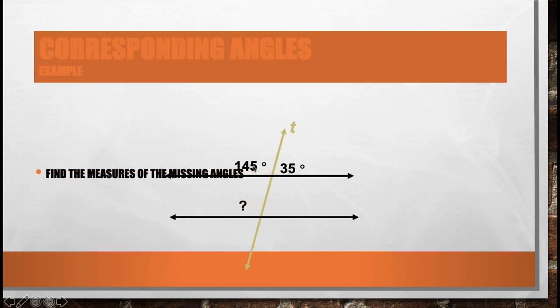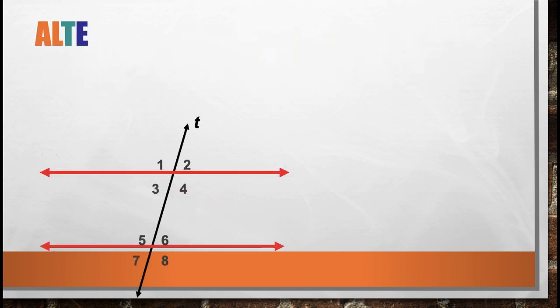Now find the measure of the missing angle. You can see an arrow and a question mark here. That is the missing angle. See, this 145 degree and 35 degree angles lie on a straight line, and their sum is equal to 180 degrees. Angle sum on a straight line is 180 degrees. There is a relation between this angle and this angle. This is an example of corresponding angles. Now, that angle is also going to be 145 degrees. Why? Because they are corresponding angles. That is what I marked and showed you in the previous slide also.